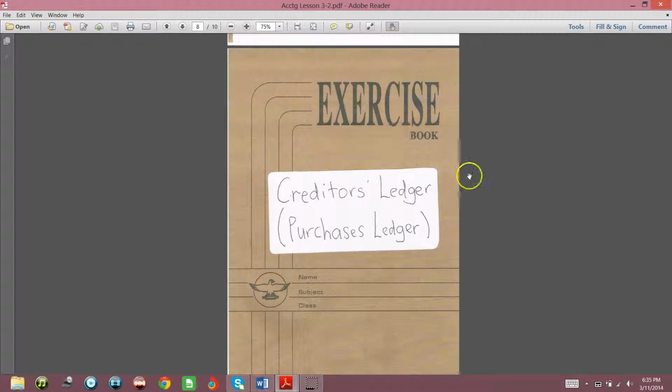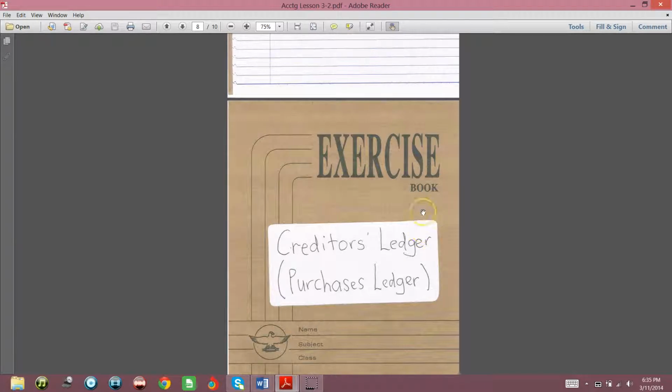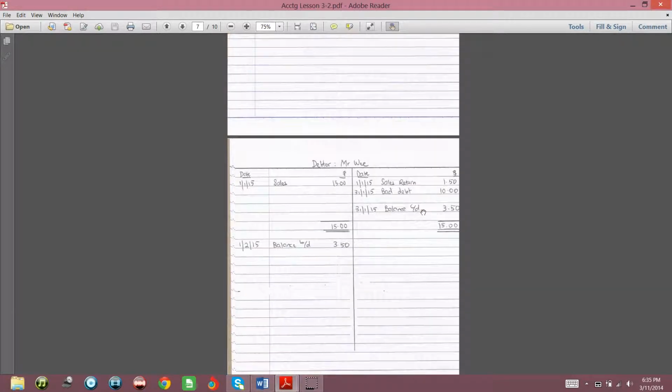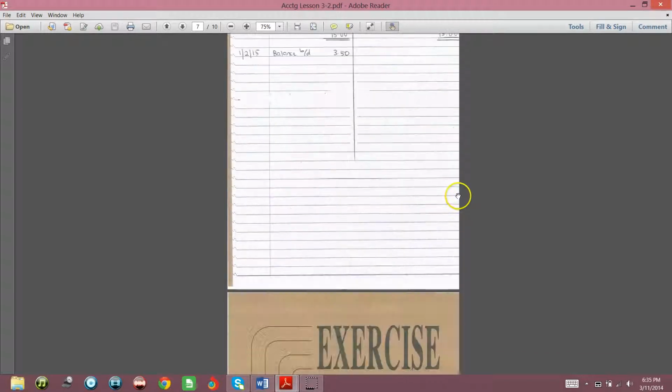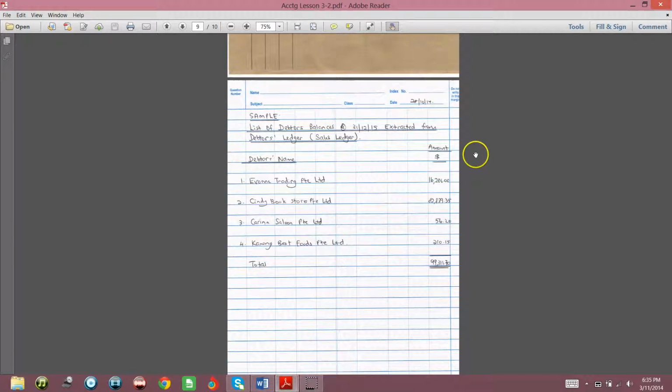Then I will show you how to do the creditors control account and all this. So the creditors ledger has a similar role, to record all the details of the individual creditors. Then the person taking care of the creditors ledger should also list down all the creditor balances,